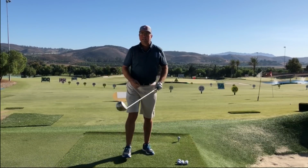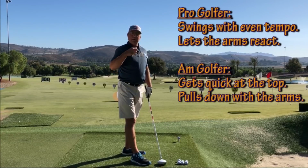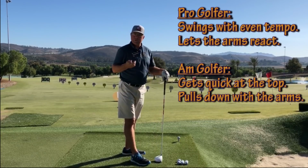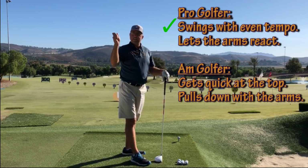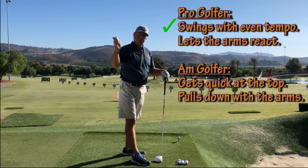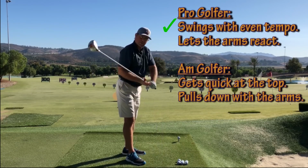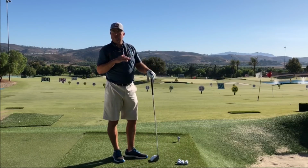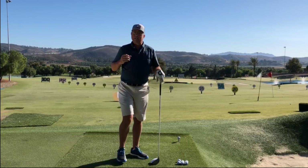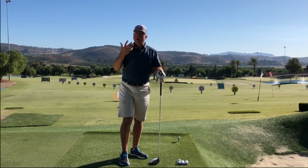And so they're a little bit eager to get started because they feel like they have to muscle the ball to get it out there. So they're in more of a rush. They tend to squeeze at the top and try to pull on the handle this way because it feels to them like getting a ball out there for distance is going to take physical strength and pressure,